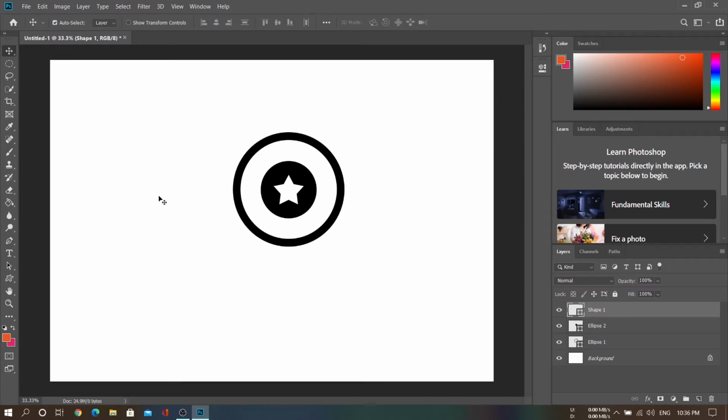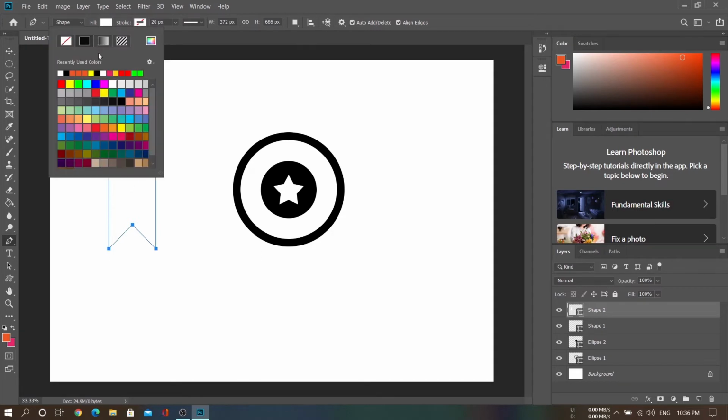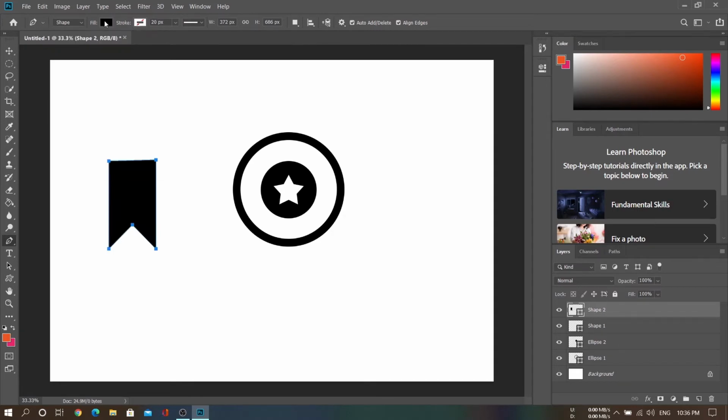Now we are using the pen tool to create the ribbons. Holding down Shift, I am going to create it. So we have drawn the shape. I am going to fill this with black color.